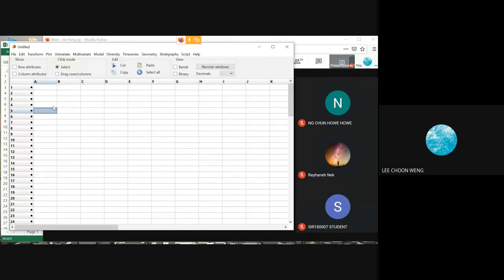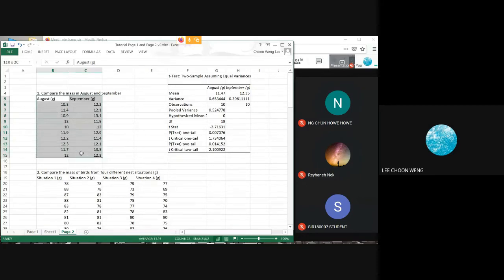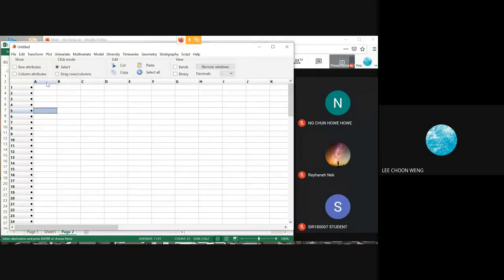Okay, it's a free software, so there are some quirks that you have to learn how to adapt to. Okay, so let's just see whether you can get this. I'll just copy this data. Okay, so in order to paste the data inside, first I have to check out the column attributes here, then paste it here. Okay, so once you've pasted, you can highlight it,